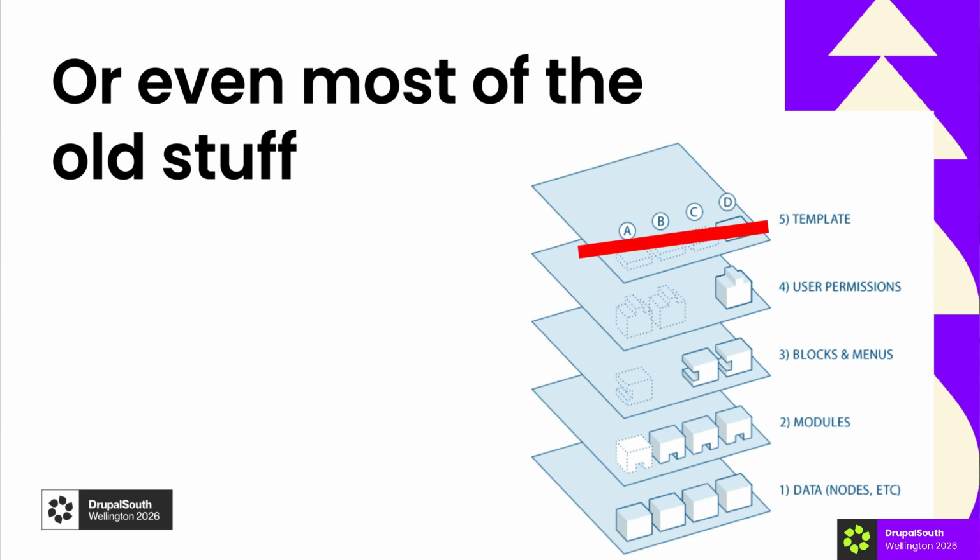We're talking headless, so take out the template layer. You need user permissions. This is a big part of this particular recipe. Blocks and menus, yeah, not really using the UI much at all, apart from some admin stuff. Even modules, like most of what you need these days for a good Drupal as an API experience is in core, which is awesome. So you've got JSON API in core, you've got views in core, you've got things we used to have to install way back, like CCK. You can build out your entities and everything, query them. You can do this all in core now.